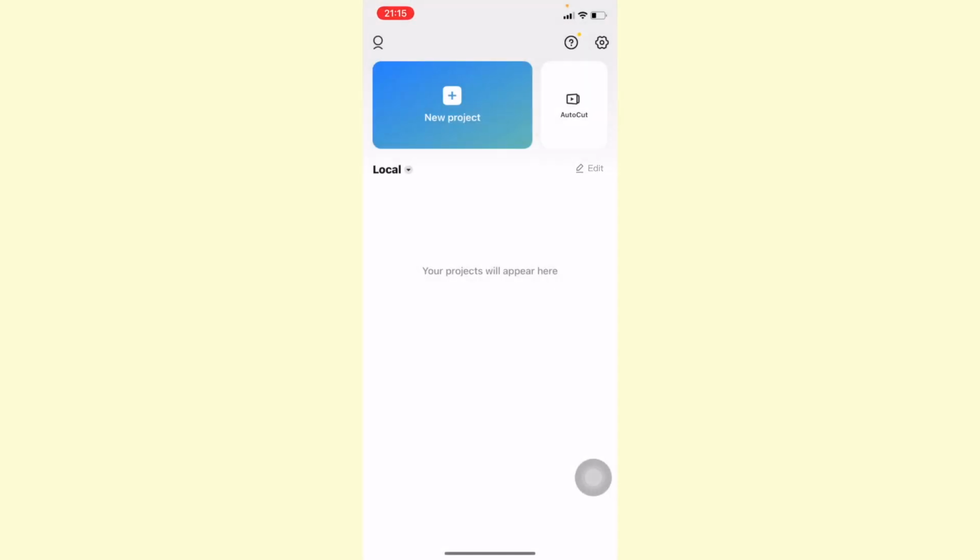So in this video I will show you how you make a great video from photos with a free app. CapCut is an editing app that is 100% free. Finally, an app that is really free and doesn't come with any hidden extra costs. This is what you see if you open it, and all you have to do now is start a new project. A project is the same as one video.